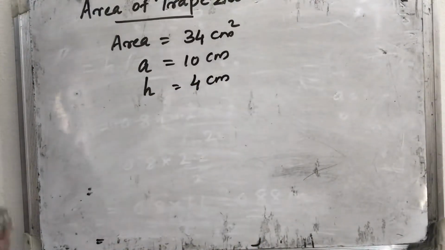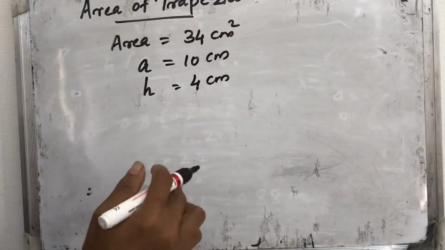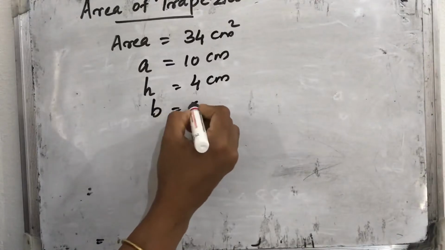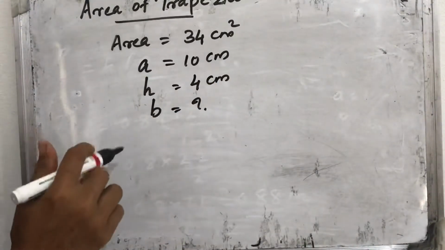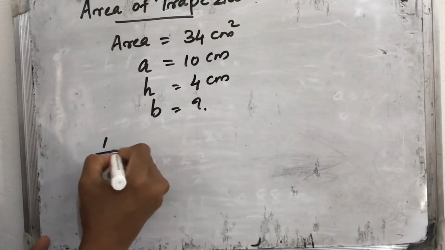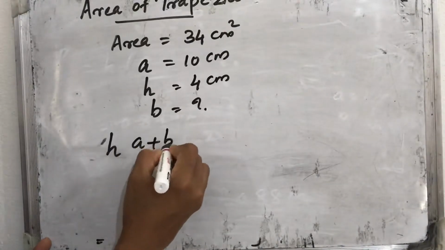Here, find the length of the other parallel side. So what will be b? The other parallel side we can find as b. That is what you want to find out here. So the equation of the area that we know is half into h into (a plus b), or h into (a plus b) by 2,